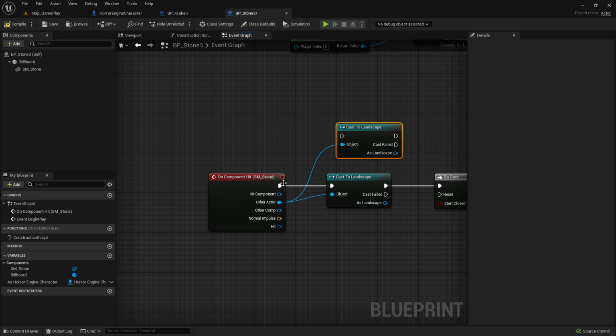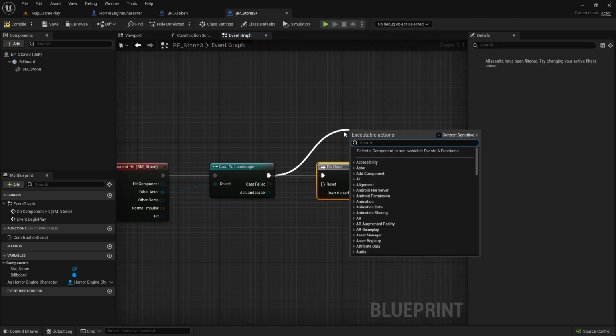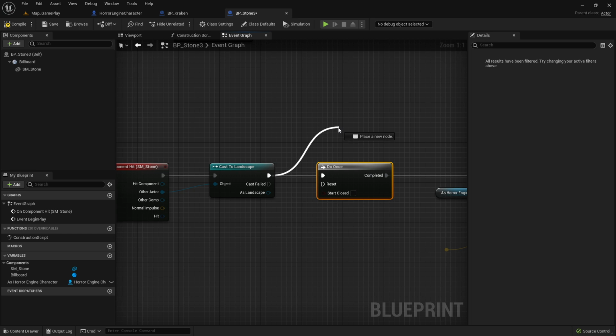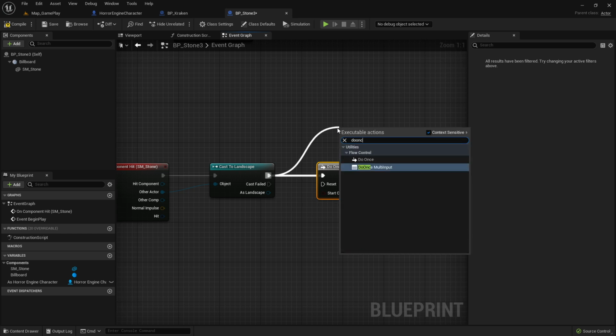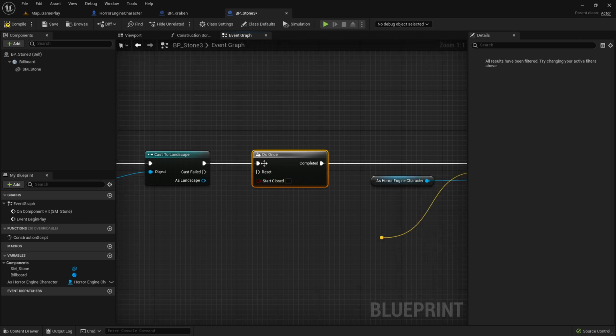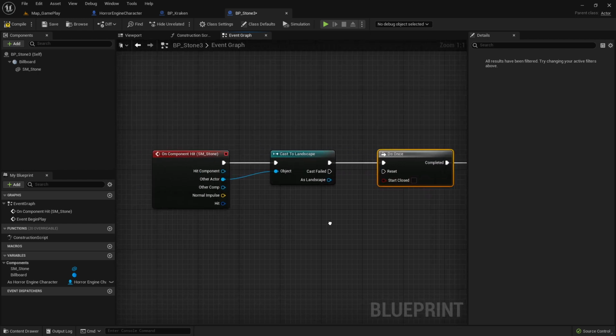You can see we connect this one here. I already did this here. I use here again a do once node, and the reason why I do here a do once node is because the stone will collide not only one time, it will probably collide more, because I'm not destroying the stone immediately. That's why I use a do once node, so I'm only interested in the first impact point, not in the other ones. And after you connect this one, I'm not resetting,